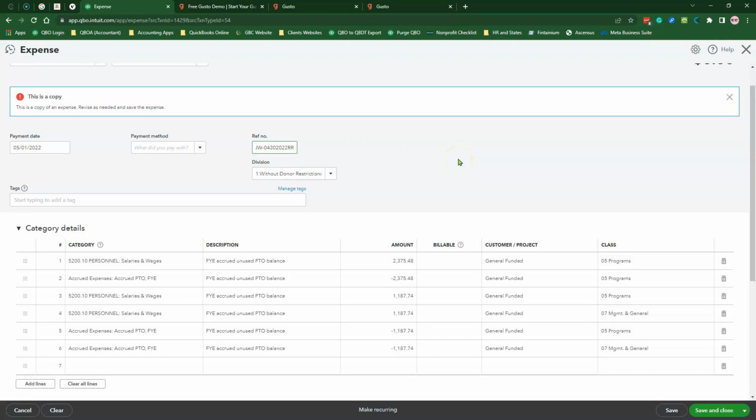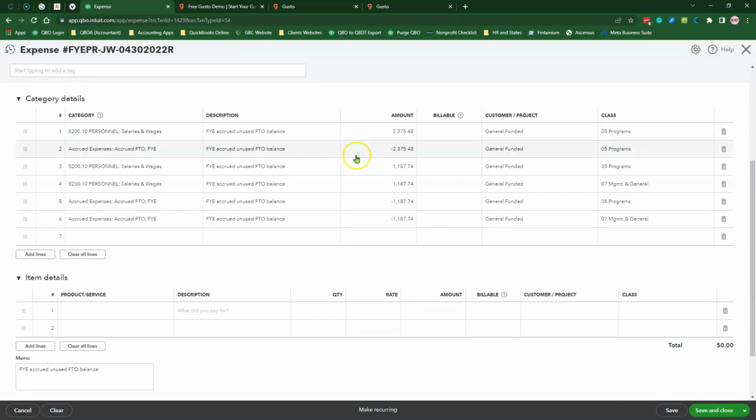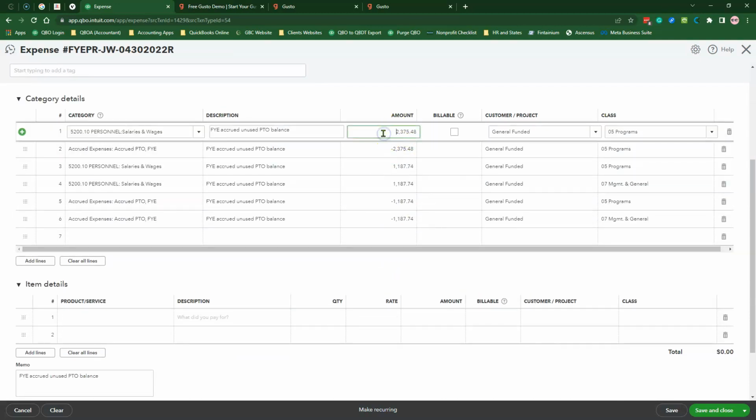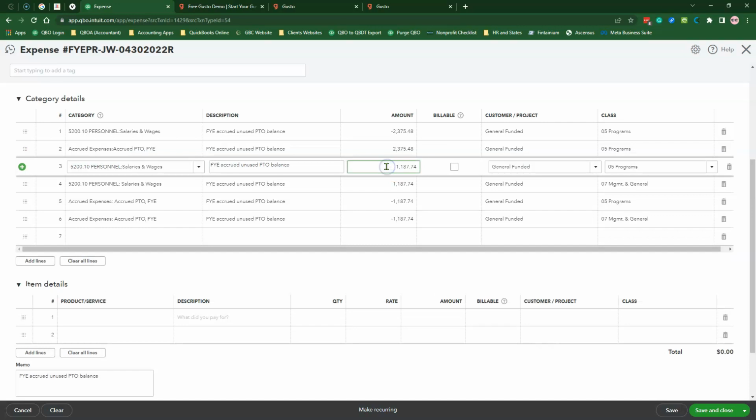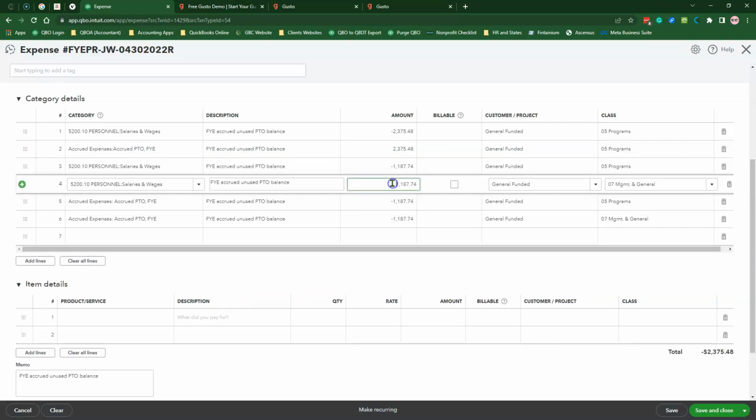RR means this was reversed. If you were doing a journal entry, QuickBooks would put that RR or maybe R at the end so that you know that this is an entry that was reversed. So I'm going to just put an R at the end. All right. Now we're going to do the reverse. So I'm going to decrease the expense and I'm going to increase the liability, so now it will zero out my accrued